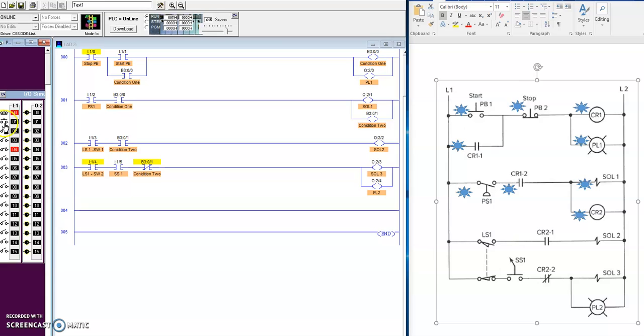I'm going to start at the very beginning. I'm going to press the start. To start, condition 1 now is true. Pilot light 1 is energized. Condition 1 input instruction is true. So if I close the contact associated with pressure switch 1, solenoid 1 energizes, and I've also set up for